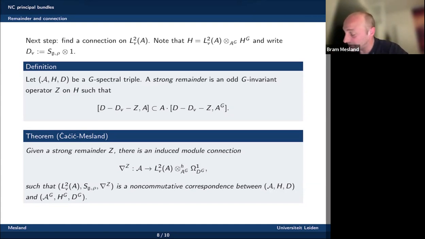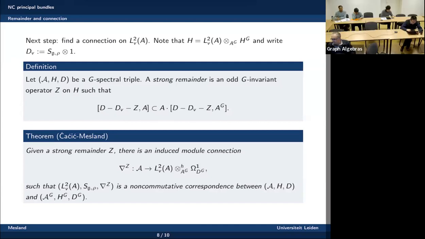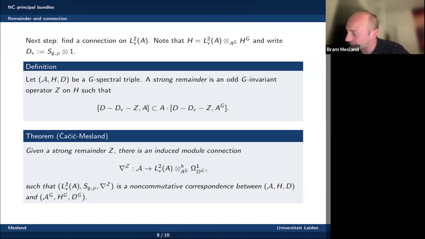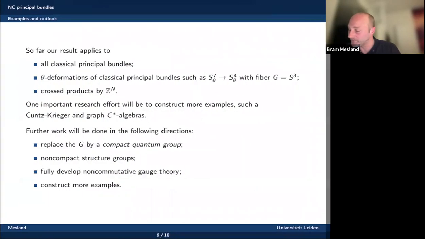And once you have this, then you can quite naturally make a connection which is densely defined. By equipping the vertical module with this connection, you get a nice differential correspondence. And this all works for any principal G C* algebra A satisfying some of these extra geometric conditions that are swept under the rug. But there is quite a structural machine here. And the result we have applies to all classical principal bundles,